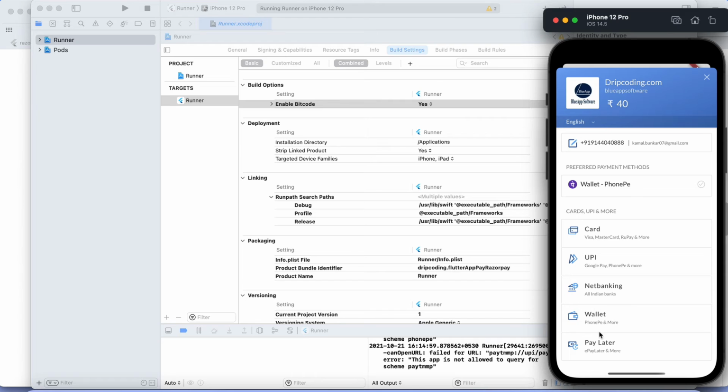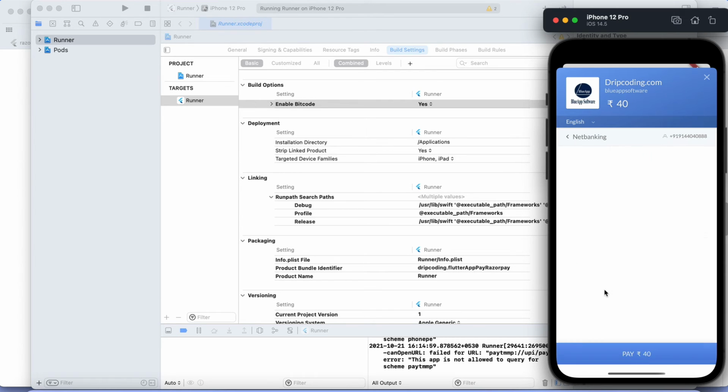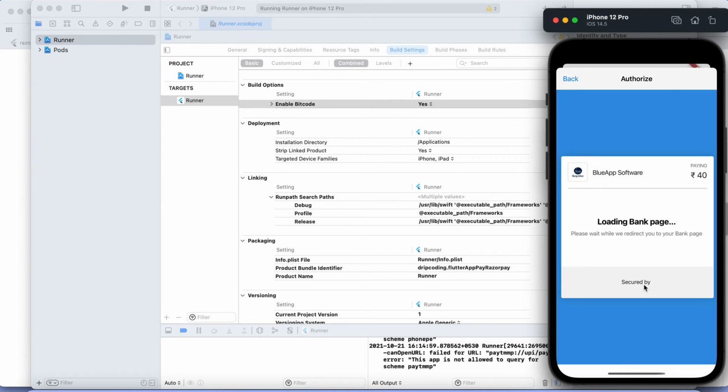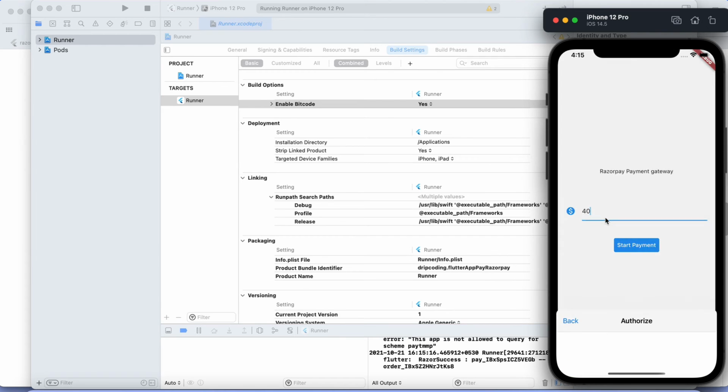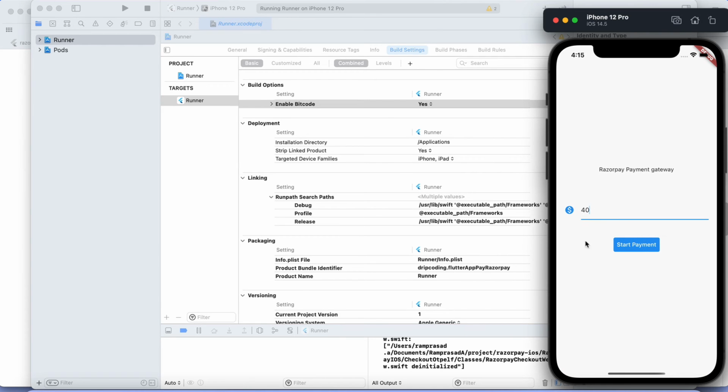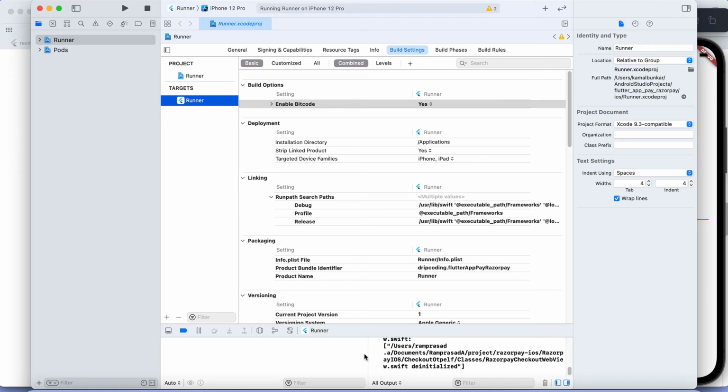There you can see everything is working fine, and I can make the payment as well. So this time, suppose internet banking, just make successful. So that's it. Okay, I am getting the response.